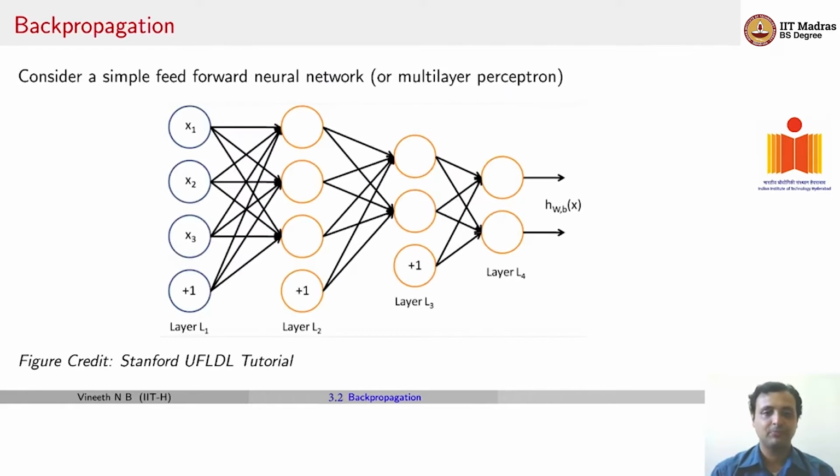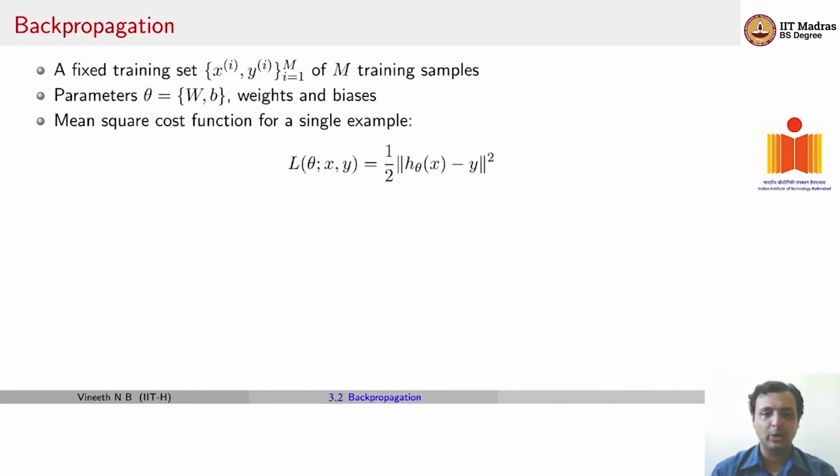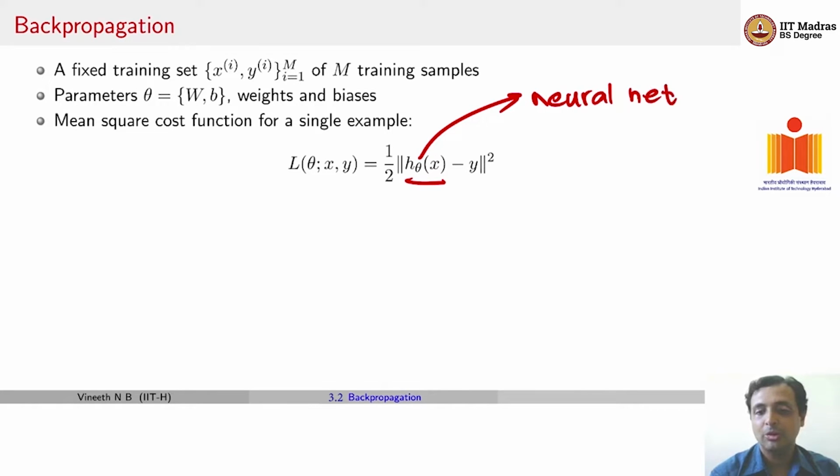And let's see more details. Let's consider once again the simple feedforward neural network, or what is the other name, multi-layer perceptron. Let's consider once again a set of M training examples given by xi, yi. Let theta constitute all the weights and biases in the neural network. Let the mean square cost function for a single example be given by, let's assume that h theta of x corresponds to your neural network at this time. That's your neural network. And y is the expected output,